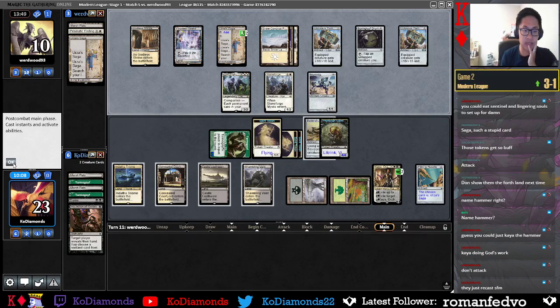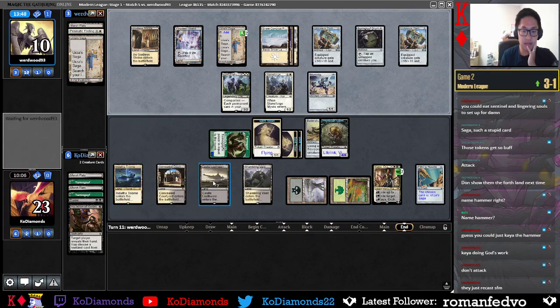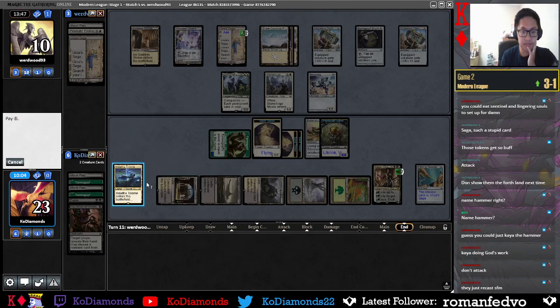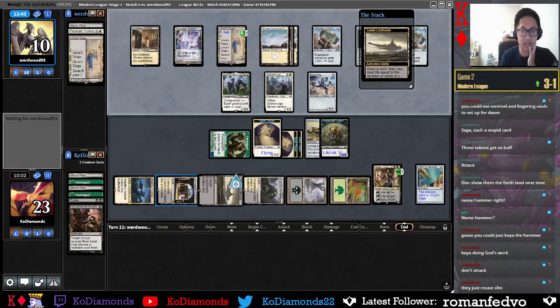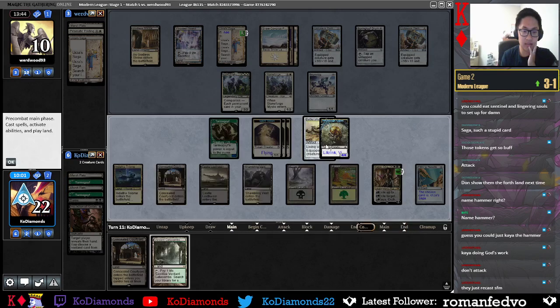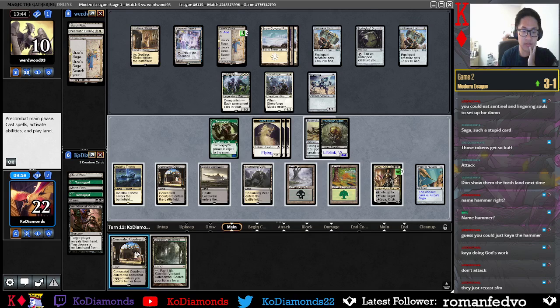And then now we can just activate Castle. Castle, baby! Let's just get the card advantage rolling. Okay, that's not a very good castle draw, but